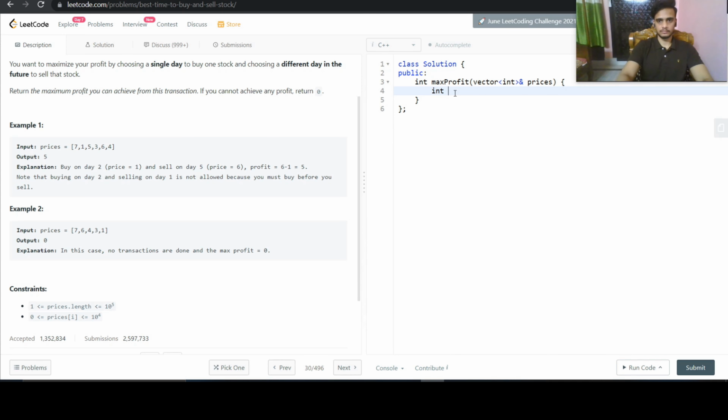So first of all, we will create two variables. One is withStock, and initially we don't have any stock, so just initialize it with int minimum, and int withoutStock. The condition of the trader without stock, so currently he is having a zero profit. And then I will create a loop with int x in prices,